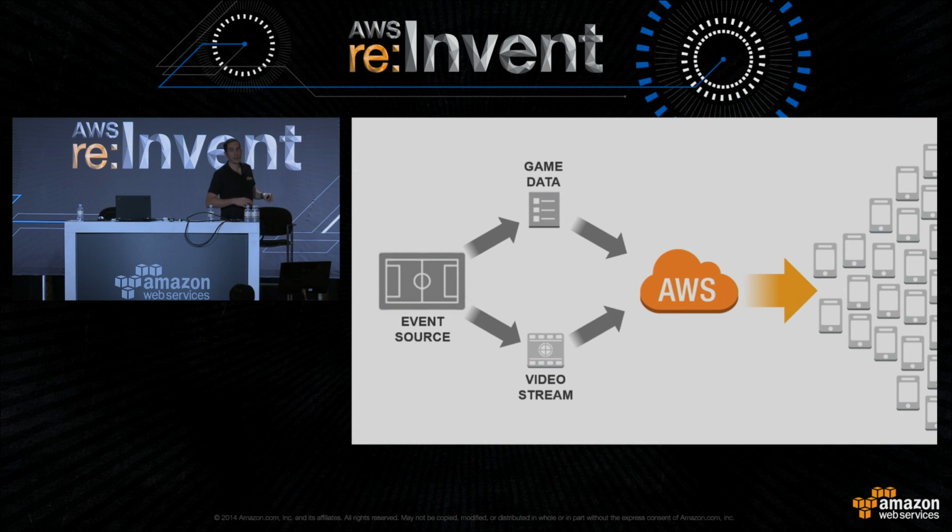So you have an event source, which is either the soccer game or the car race. You're streaming two kinds of data flows. So you're streaming multiple video streams, so the cameras from each car, the cameras from each part of the soccer game. You're uploading that to AWS, and then you're going to be able to restream it with, for example, CloudFront. But at the same time, you're going to ingest game data, right? Like the GPS position of the cars, the position of the ball, and you're going to be able to absorb that, for example, with Amazon Kinesis.